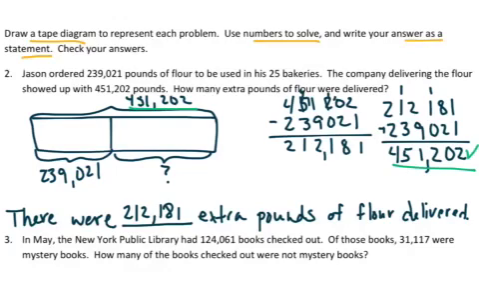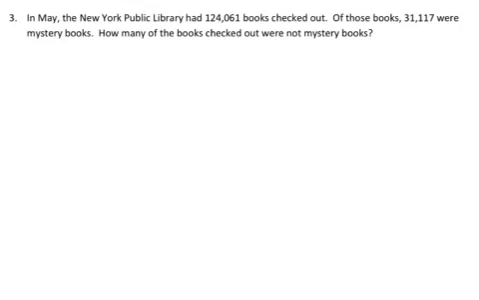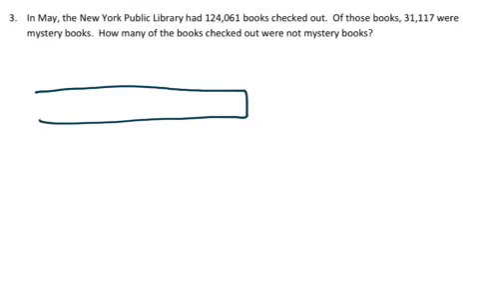Number 3 says, in May, the New York Public Library had 124,061 books checked out. Of those books, 31,117 were mystery books. How many of the books checked out were not mystery books? Okay, so let's do the tape diagram for this. Let's start with our tape diagram, and this tape diagram represents all of the books checked out. And how many was that? Well, it was